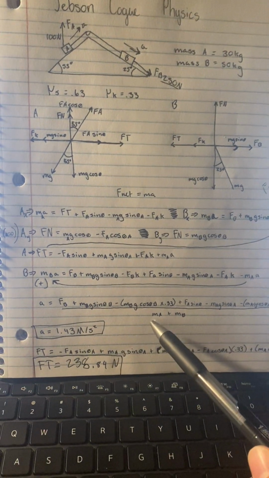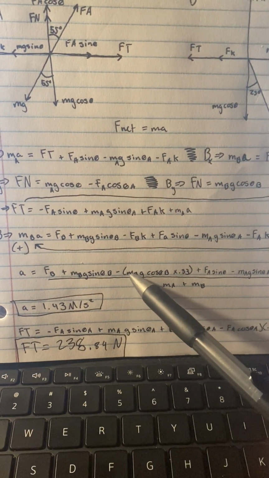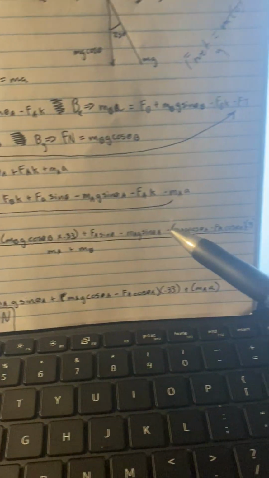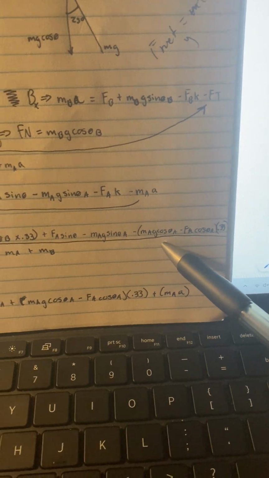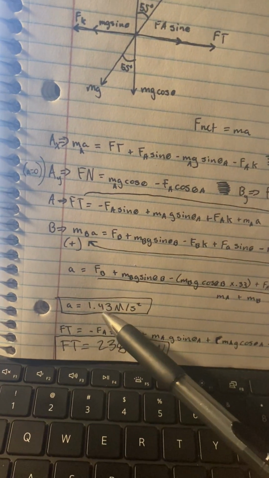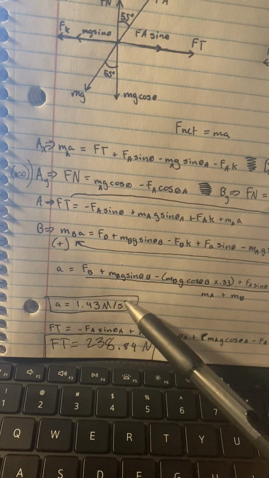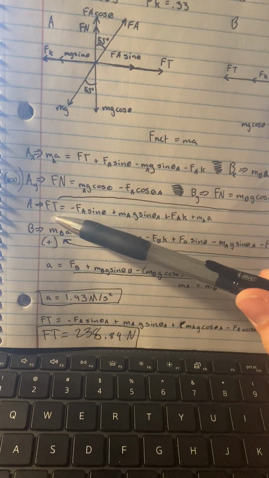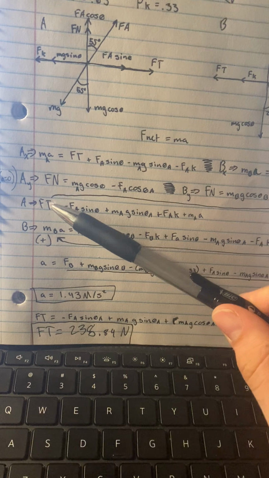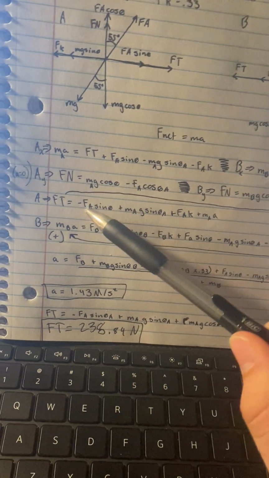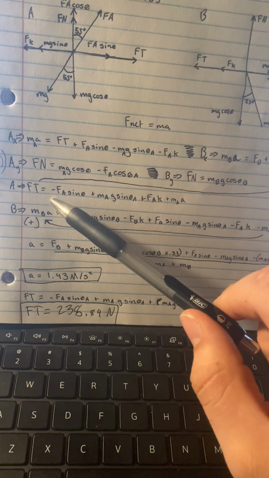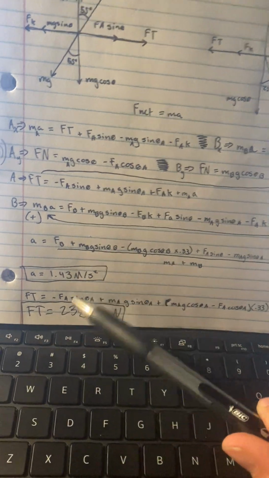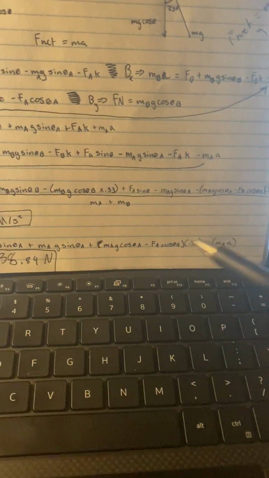We substitute what force normal equals, times our coefficient of kinetic friction. Same thing over here. We get an a of 1.43 meters per second squared. Now, you can use either the A or the B equation, but whatever force tension equals in your equation, plugging a in with the rest of our numbers, you can now solve for force of tension, as I did here, for